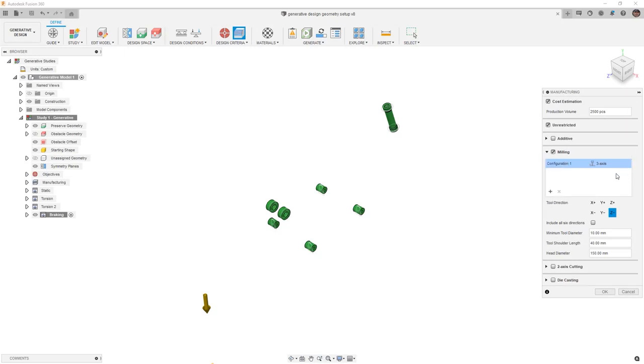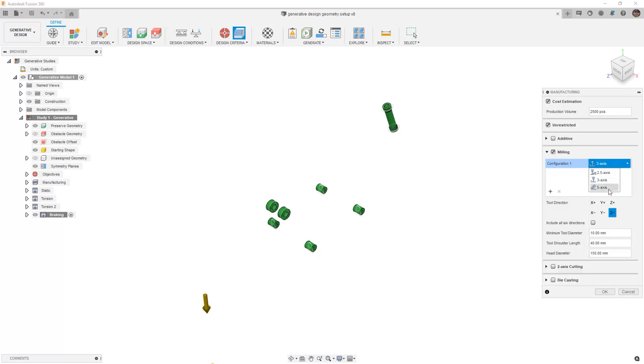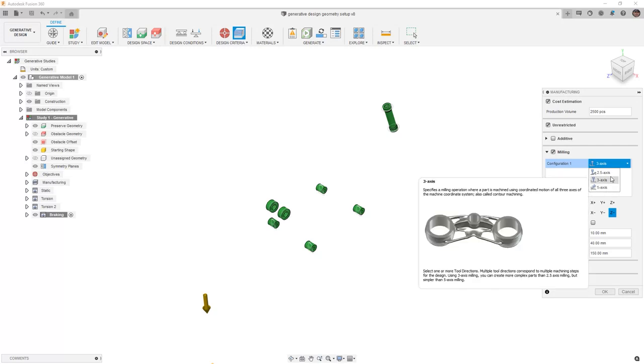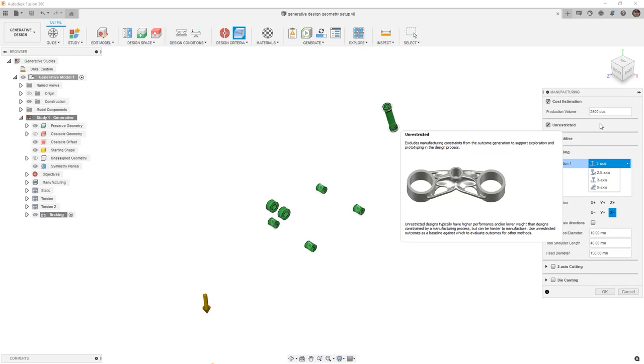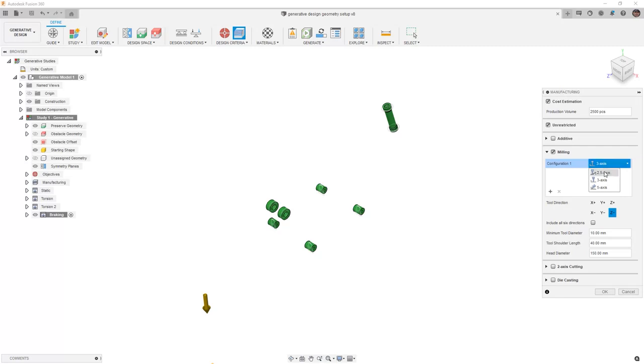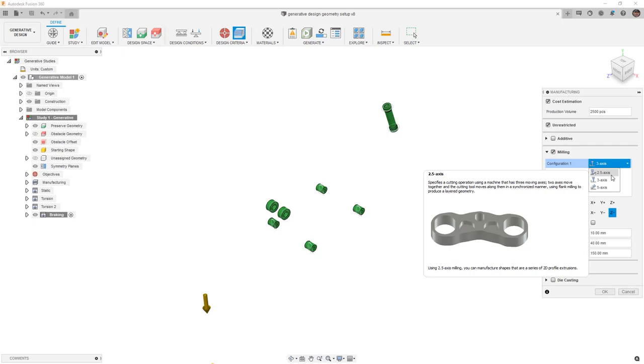Next, we have milling. And when we get to milling, there are three different options that we can have for our configurations: 2.5 axis, 3 axis, and 5 axis. When we look at these various options and we compare them to unrestricted, for example, the unrestricted can have overhangs and occlusions in places where the tool just can't get to. When we look at 2.5 axis, we have restrictions on the manufacturing method in the fact that the tool can only access certain areas and it's not going to be blending geometry between different heights, in this case in the